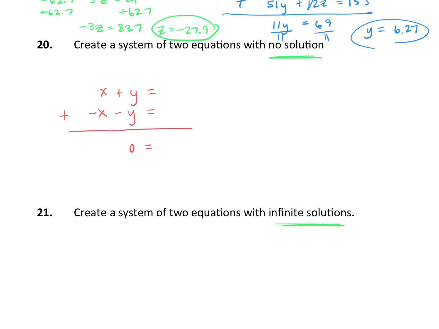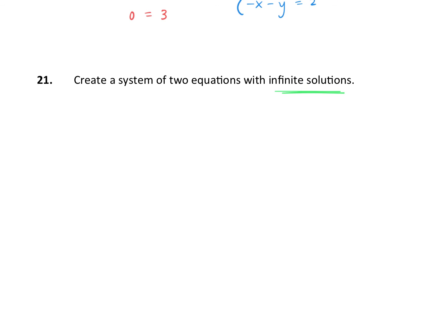So maybe this equation on top is equal to a 1. The equation on the bottom is equal to a 2. 1 plus 2 is 3. Is 0 equal to 3? No, it's not. Therefore, there is no solution to this system. So the system, which is what they're asking for, I came up with x plus y equals 1, negative x minus y equals 2. That system will have no solutions. Number 21,